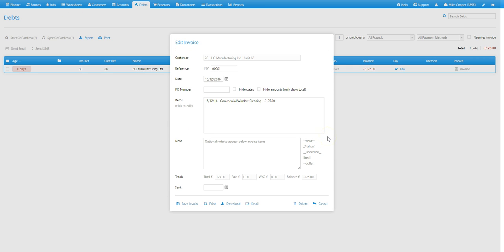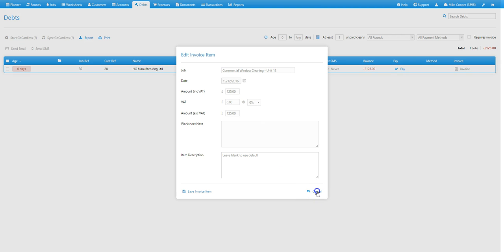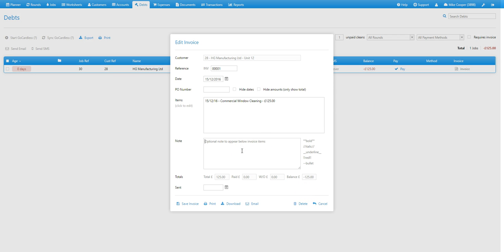So this is where you can set your invoice up the way you want it. You can set the reference, date, you can edit how items appear on the invoice if you want by clicking on them. You can add a note, so for example,